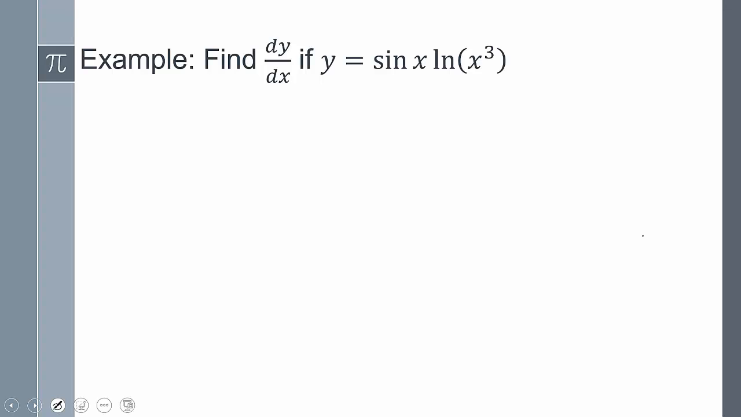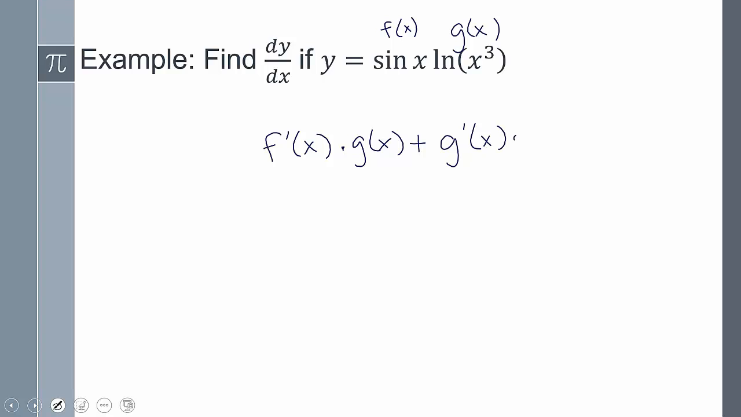It says find the derivative of y in respect to x if y equals sine of x times ln x cubed. So this would be my f of x. This would be my g of x. So the derivative of the first times the second plus the derivative of the second times the first. So the derivative of sine of x is cosine of x times ln x cubed